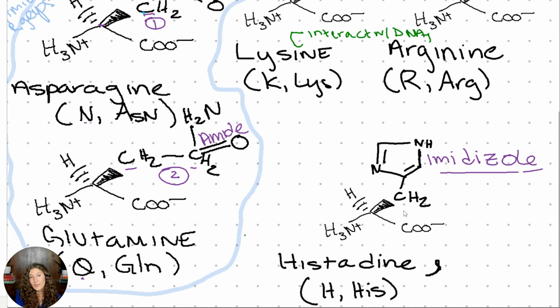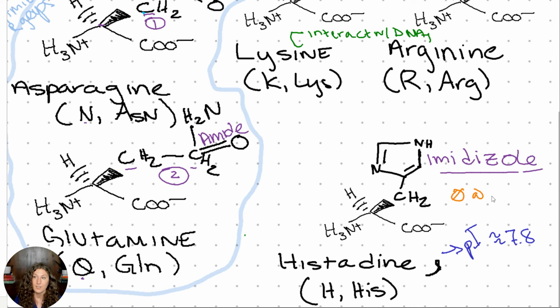And the imidazole ring, even though it can act as a base and accept hydrogens, because of its resonance structure and the way it's oriented in the ring, is less likely to act as a base than arginine and lysine. In fact, histidine's pI, which we'll talk about in a second, is about 7.8. It's very close to physiological pH, which means unlike its fellow basic amino acids, histidine is largely going to be